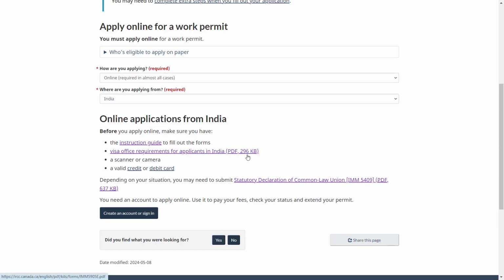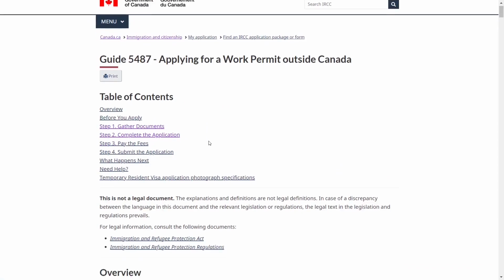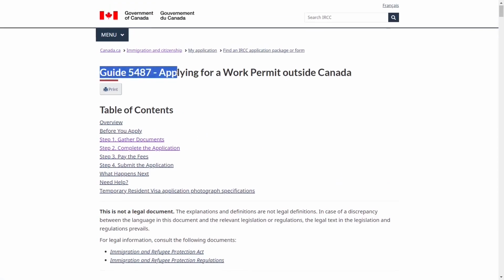Now, these visa-specific requirements can be different for each country. Some countries don't even have visa-specific requirements. So whichever country you're applying from for an open work permit, definitely make sure that you also submit the documents for the visa-specific requirements. First we are going to look at the instruction guide, then we are going to cover the visa-specific requirements. So I'm going to click on the instruction guide and it's going to open up this page, Guide 5487,